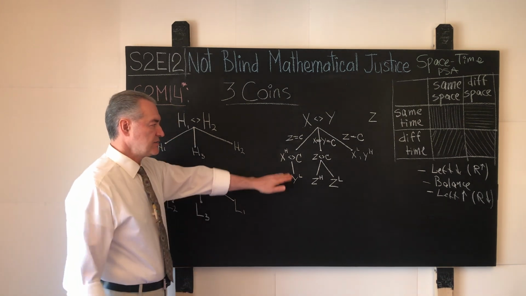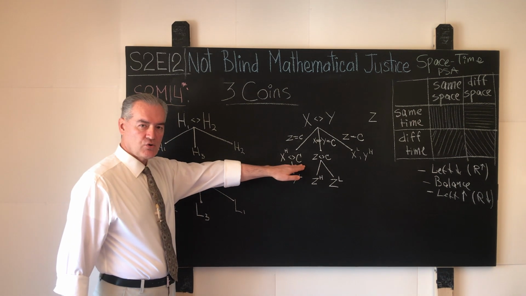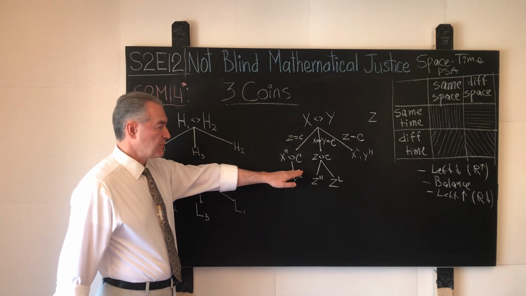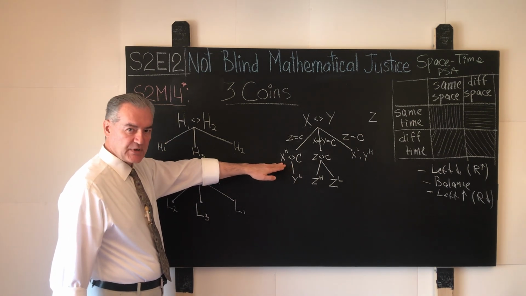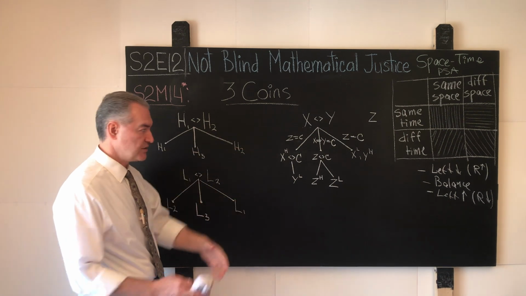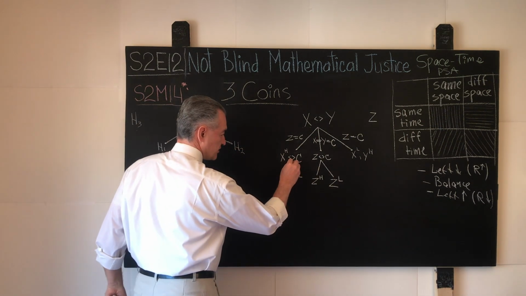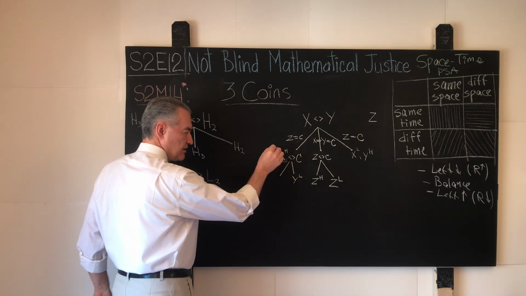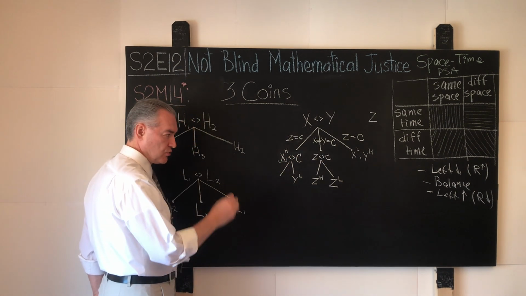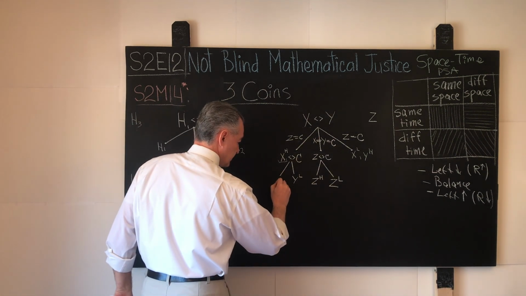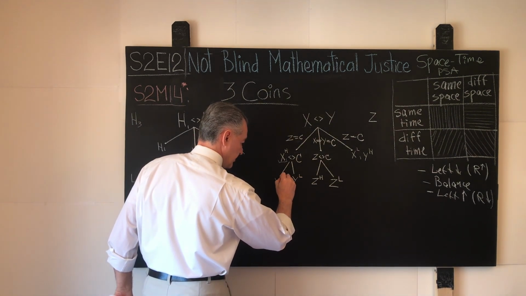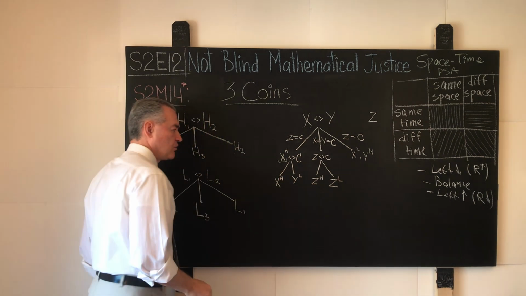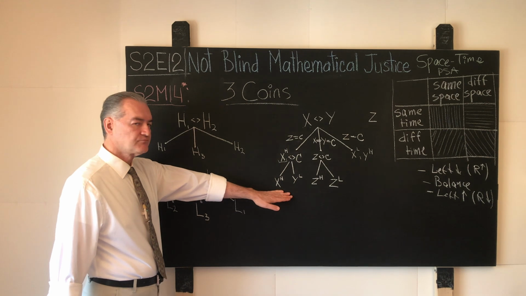Can, in this case, the pan that contains the control coin go down? The answer is, of course, no, they cannot, because then the heavy suspect has to go up, and that is absurd. That is not possible. So the only possible scenario here is the case when the pan that contains the heavy coin goes down, and that identifies the coin X as a heavy fake coin, as shown over here.